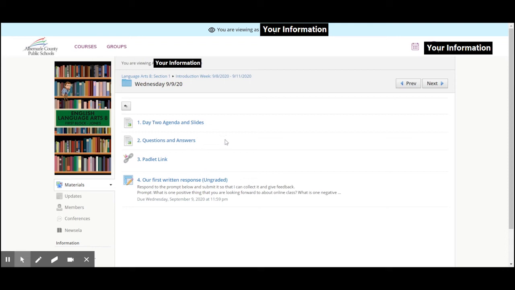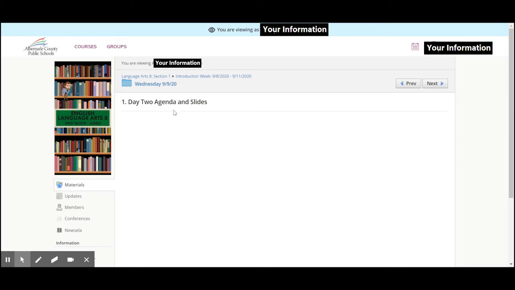And once you get into that folder, you'll be able to open up certain links and see the directions that the teacher has typed. Sometimes you can also follow a link to an activity that your student will be doing. So if we click here, we can see the agenda and slides for this day. And everything's nicely numbered so the students know what order to work in. So if a student was to start here and work through the agenda and slides,